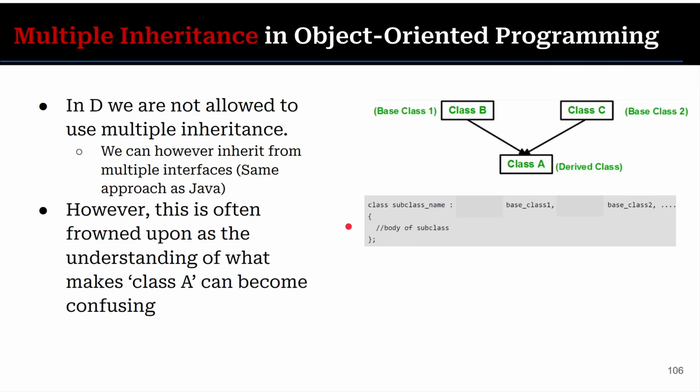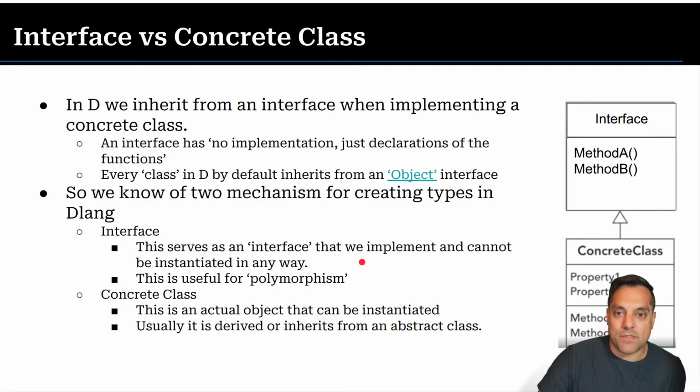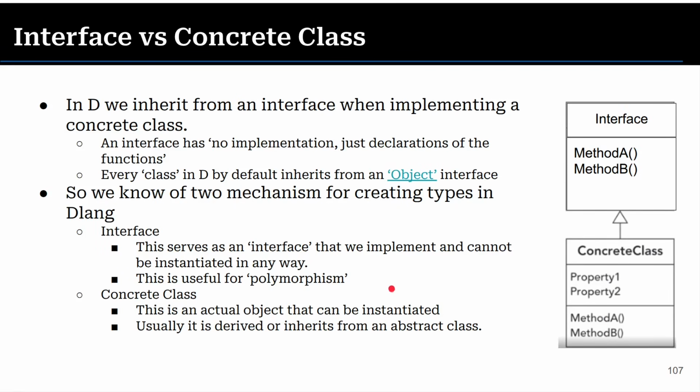And I'll repeat this for the umpteenth time: D is a systems programming language, so you can basically do anything with it. This is true of any systems programming language: Rust, C, C++, D, Zig, etc. If you have access to the pointers and memory and structs and functions, you can re-implement these features, but it makes it a lot harder to shoot yourself in the foot, so to speak.